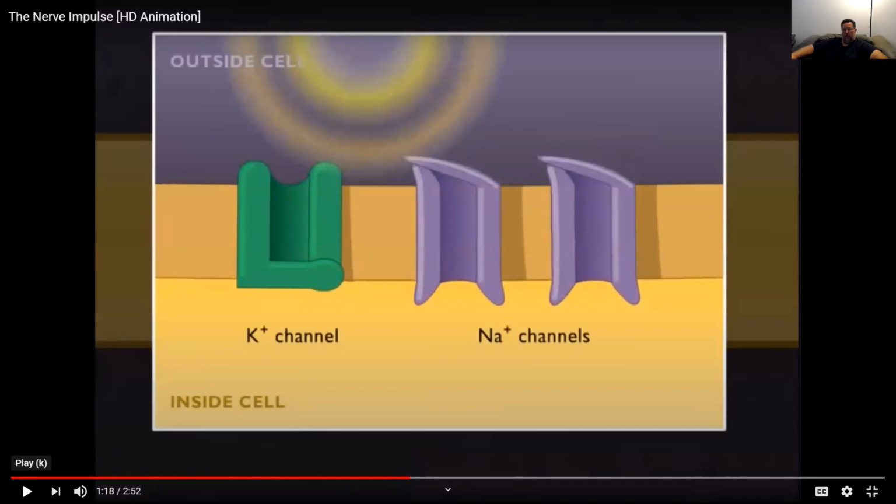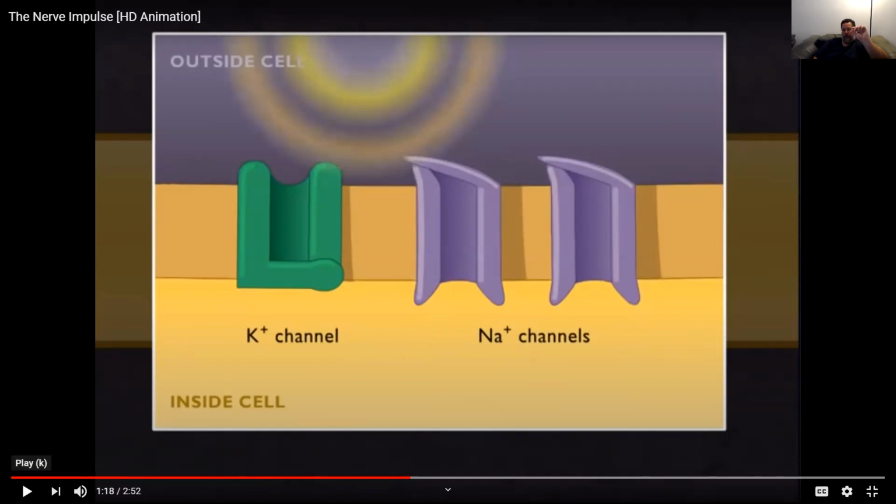Sodium ions. So this would be our activation gate. I don't see the inactivation gate on this particular diagram. But remember, neurotransmitters and various things are going to stimulate these sodium channels to initially open. And from there, it's just going to be the voltage that's going to change and open up the activation gate,